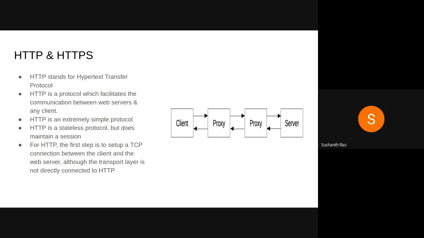Let's say there are a lot of requests coming to your web server, and you have multiple servers running. In such a case, you can add a load balancer, which can be termed a proxy here, and it will balance the requests for you. It'll send a certain number of requests to one server and the remaining to another server. So this is how it actually works.